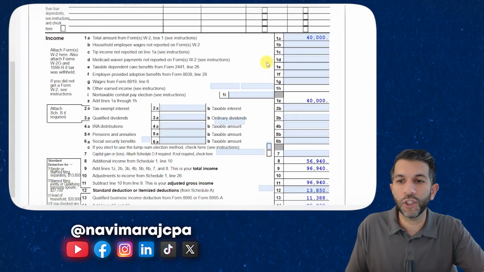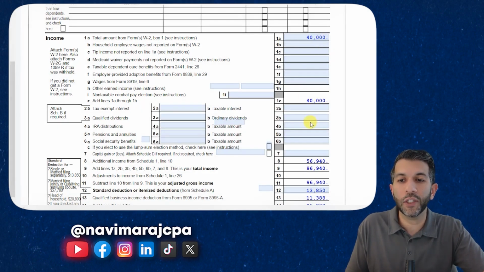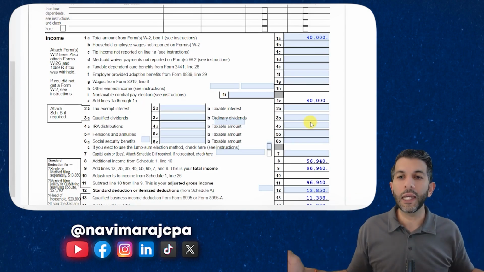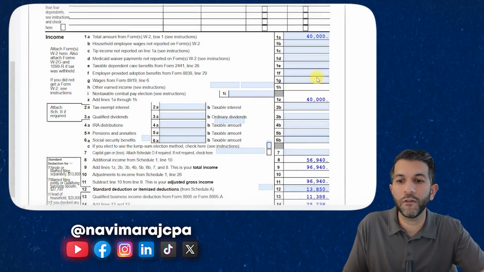Here's where the juice is, right? Line 1A, W2, how much did you earn? $40,000. Again, this was your reasonable compensation amount that you paid yourself. $40,000. What other income items did you have? In my example here, I'm saying the only income that you had is from your S corporation. So the only income was the 40 grand that you paid yourself, and then the